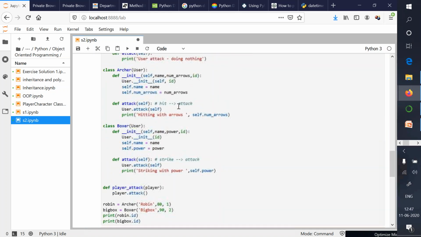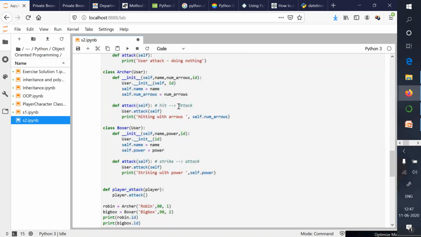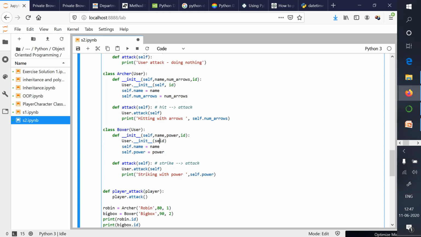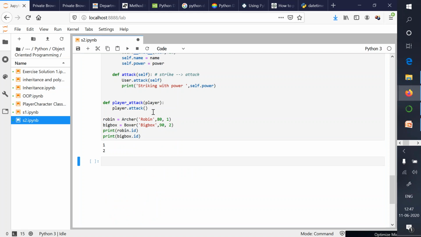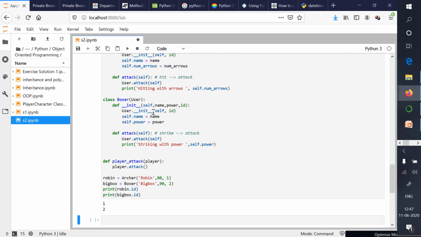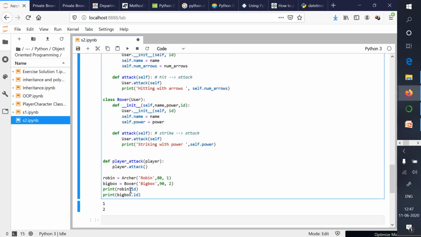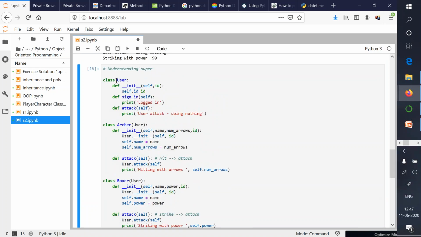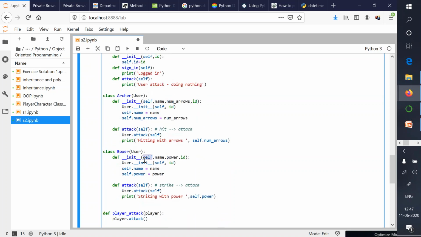So in User.__init__, yes, we didn't specify self over here, so we need to write self. And now let's run the program, and yes, this program is running fine. 1 and 2: the ID of the first object Robin is 1 and the ID of the second is 2. So again, this demonstrated that this base class functionality, User ID, is available with the Archer class object as well as with the Boxer class object.